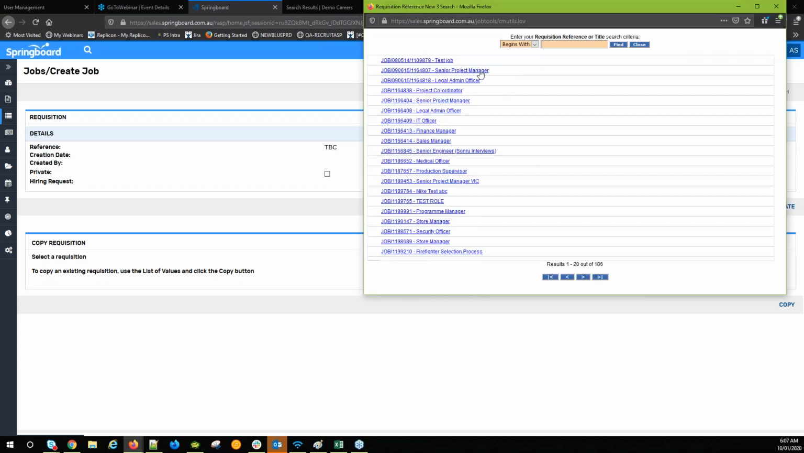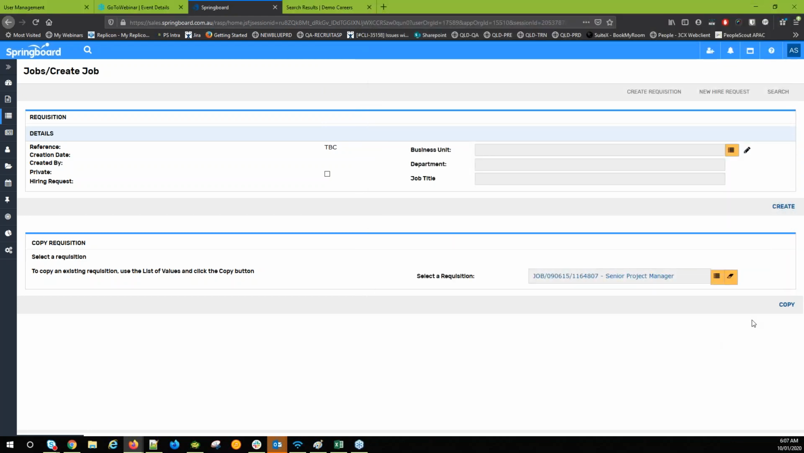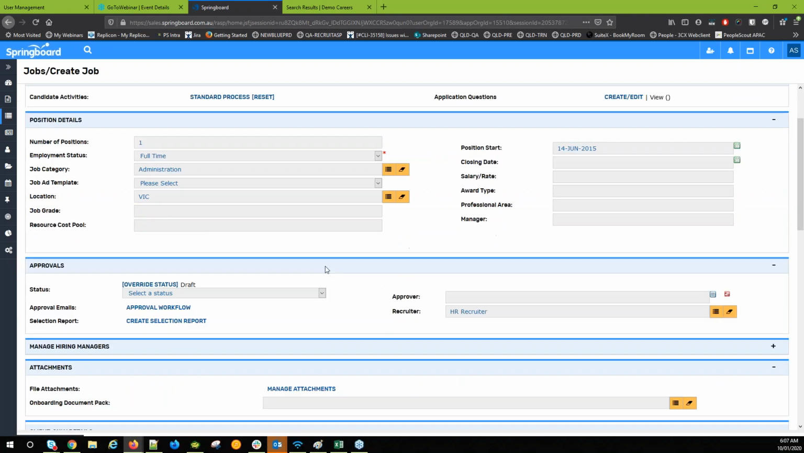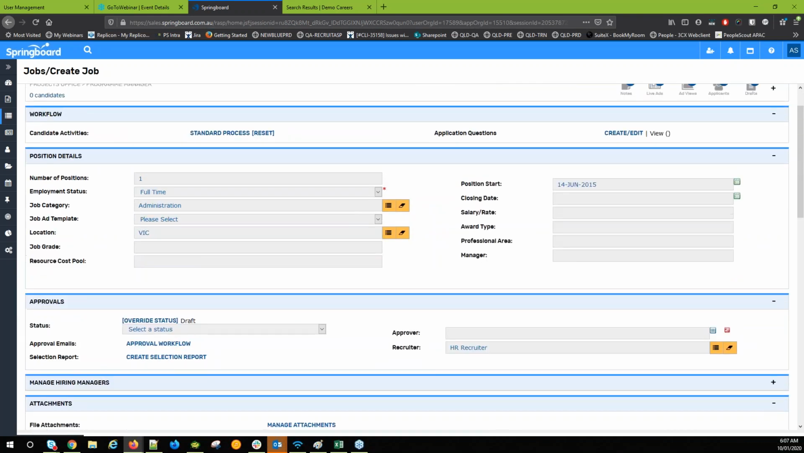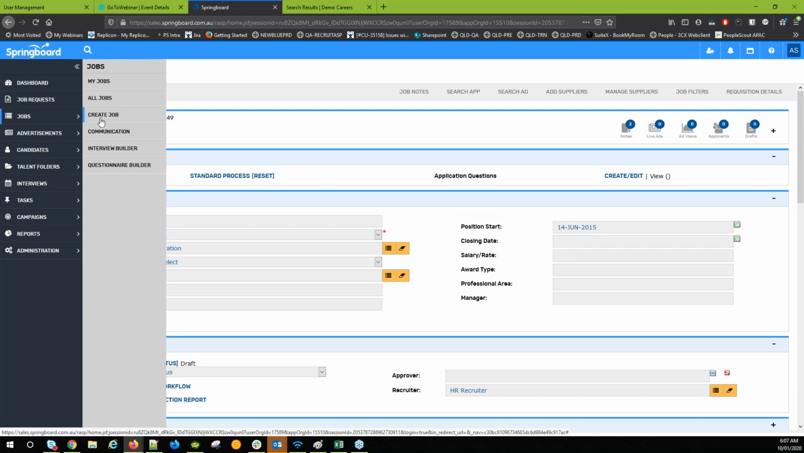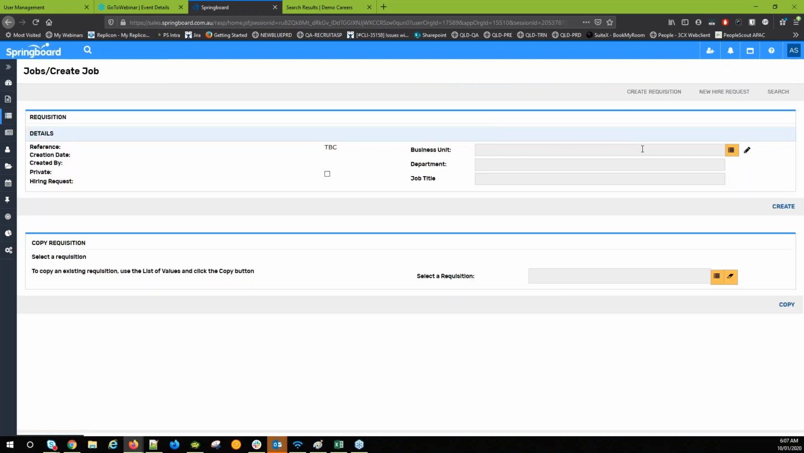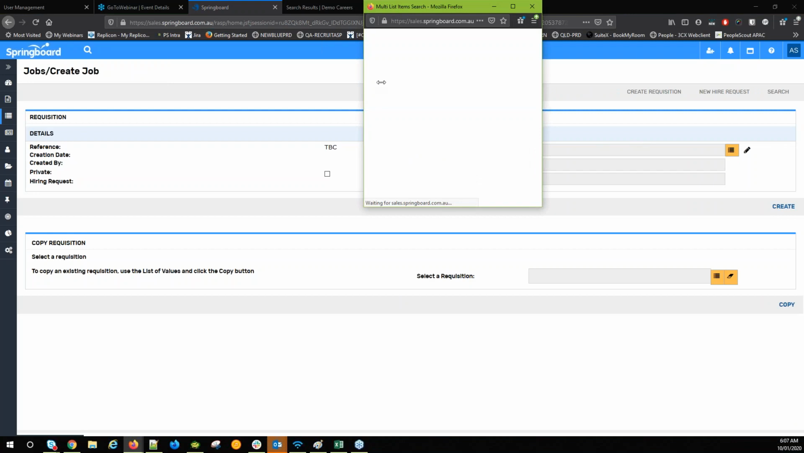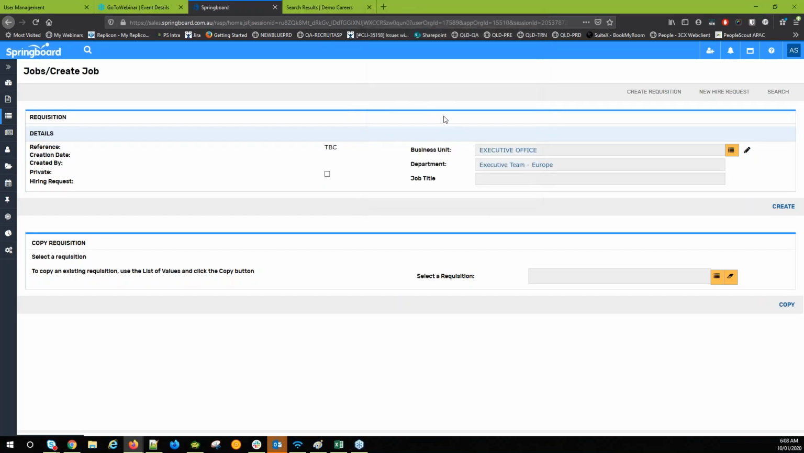In this case, I'm selecting Senior Project Manager, for example, and pressing copy. That will automatically populate all information from the existing job. The other way to do it is from scratch. Let's say we know the business unit where it's required. I'm going to select it, and after that, I'm going to give the title, say,